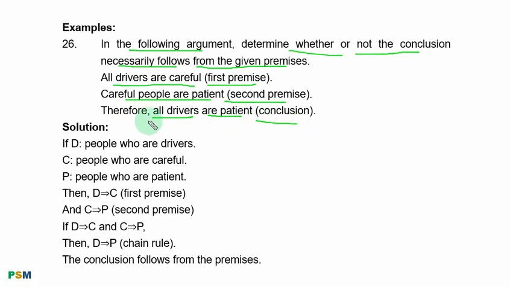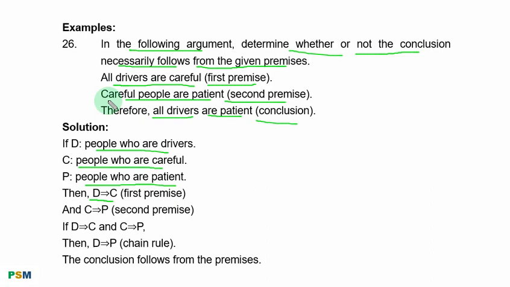Conclusion. Solution. If D, people who are drivers, C, people who are careful, then P, people who are patient, then D implies C. In other words, all drivers are careful implies